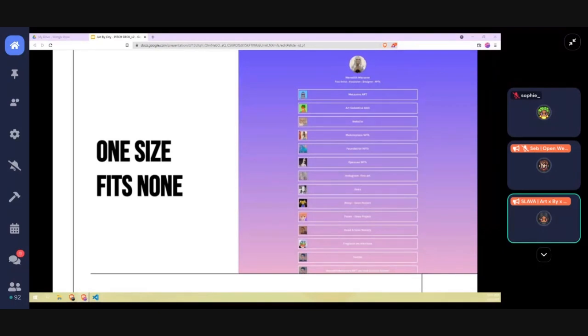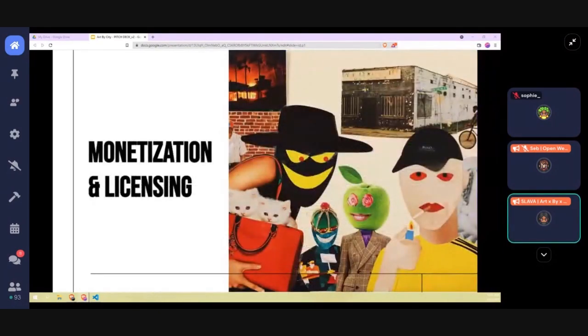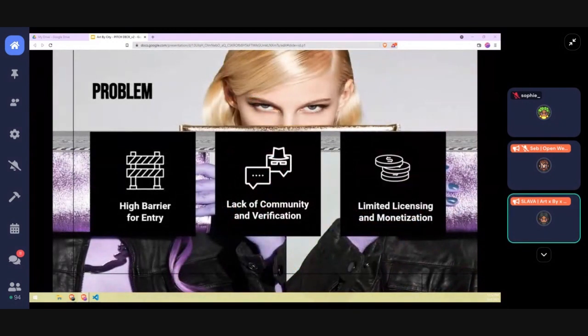So the best she can do is provide a list of links on her webpage, which is obviously messy and very limiting. When it comes to selling her art, Meredith is limited to NFTs with little to no licensing options. Not all platforms honor royalties, while some platforms take more in fees than you stand to make from the art. To recap, the high barriers of entry, lack of community and verification, limited licensing options, and poor monetization avenues constitute big obstacles for artists to join these current platforms.